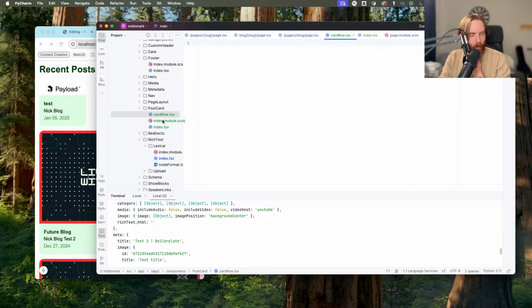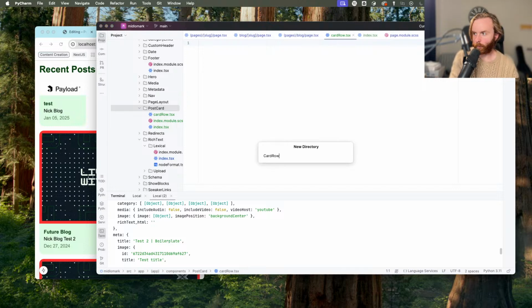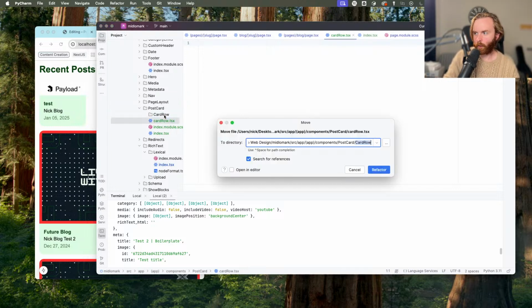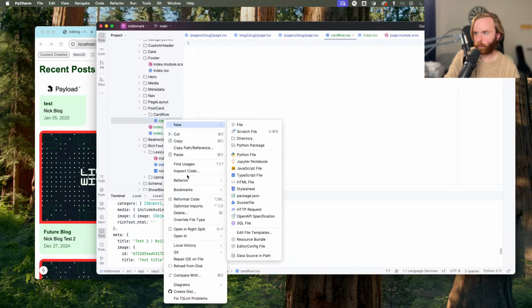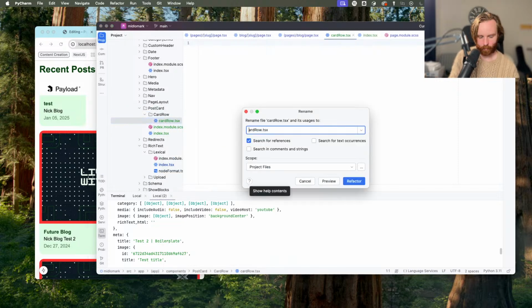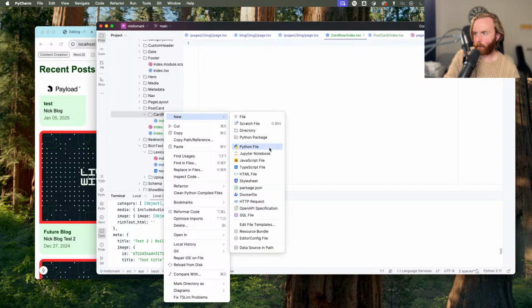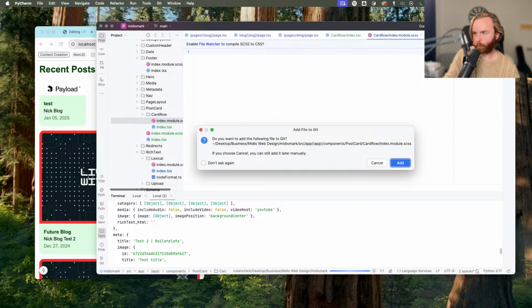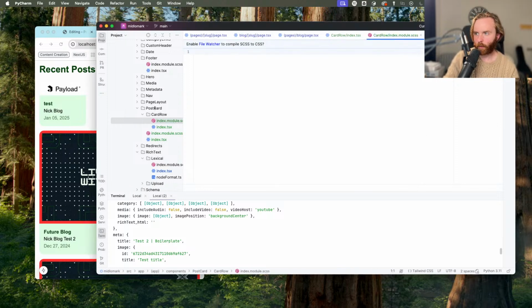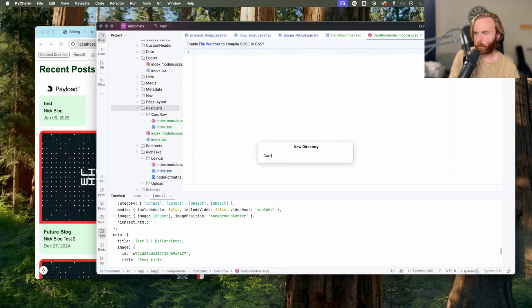So here we could actually, let's do card row, drop you in here, refactor, rename, card row, no wait, sorry, index, and then we're going to need a new style sheet, index.module, add, and then we're going to add a new directory, call it card,